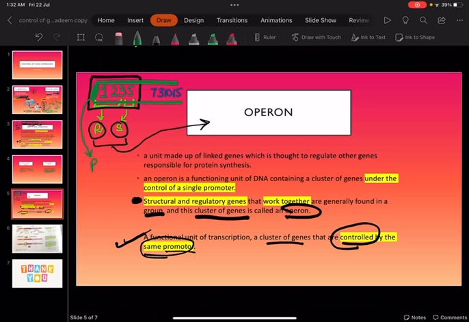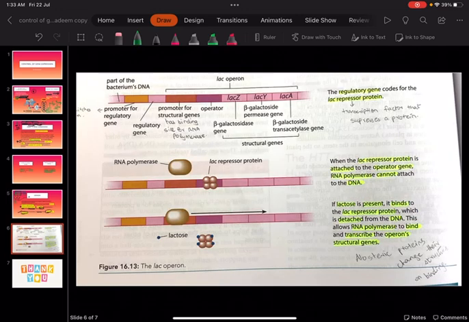And this promoter is going to either promote the transcription and translation of genes 1, 2, 3 and 5, or it is going to inhibit the transcription and translation of genes 1, 2, 3 and 5. The promoter is either going to allow the protein to be made, or it is going to prevent the protein from being formed. So this is the basic thing